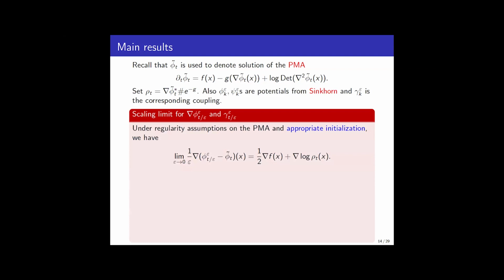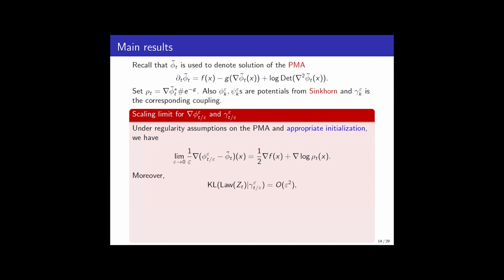So this basically tells you that under the scaling limit, when your k is t over epsilon, the gradient of the potentials from the Sinkhorn algorithm converges to the parabolic Monge-Ampère solution at a rate which is like epsilon. So it goes to 0 at a rate epsilon, up to a constant. And this is reasonably tight because there is a limit here. The limit is not 0. It doesn't really go faster than